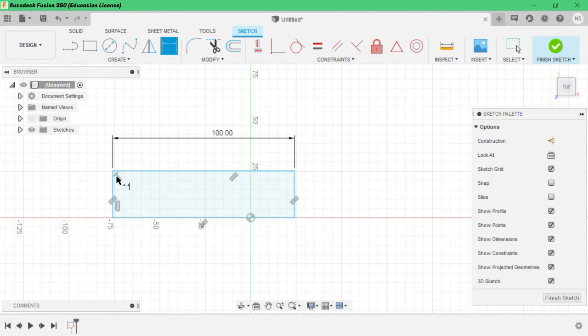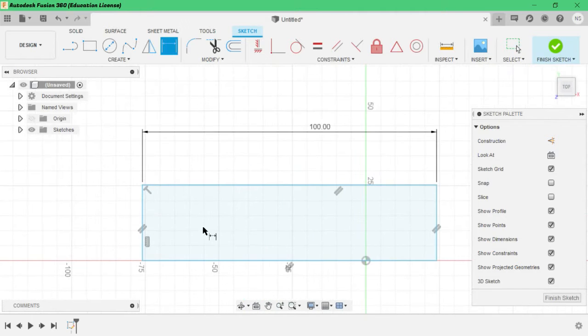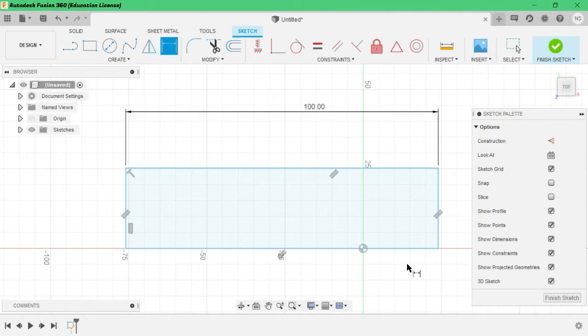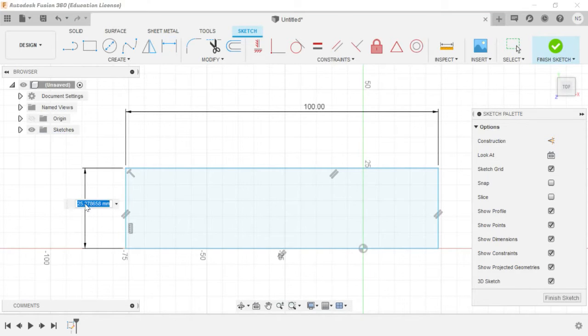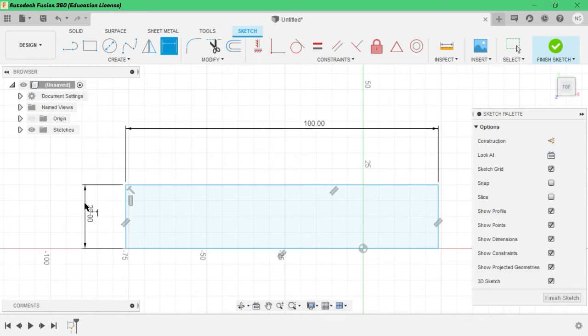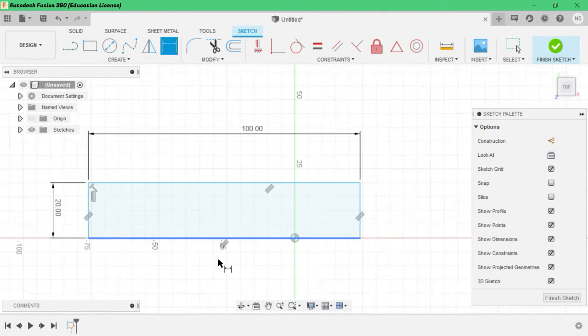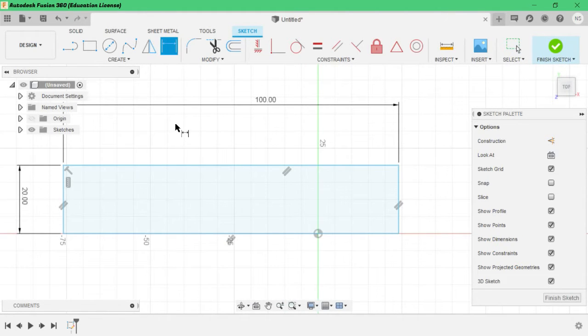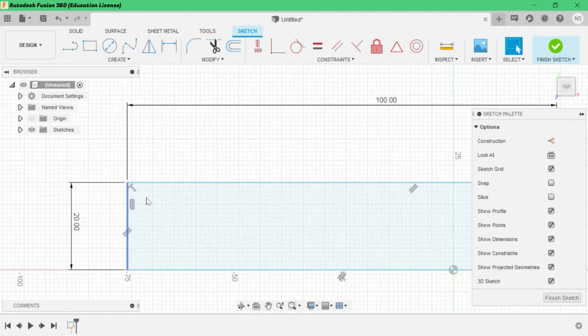These are the constraints, what you are seeing here. Without these constraints, the square can be movable. Like, see, before going on, let me give 2 centimeters, plus 20 mm. Okay, done. See, these are the constraints. Get back into the select plane or press escape to get back into our selection tool.